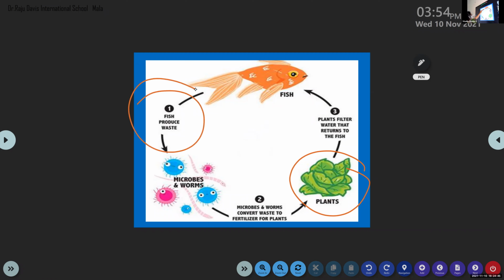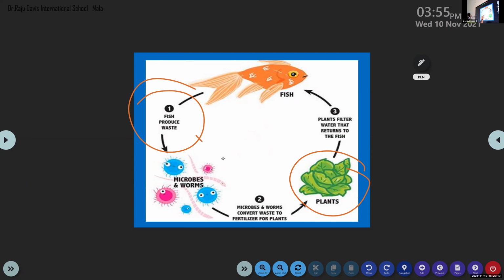The fish produce some waste. Waste means fish also will expel, no? That is why in the aquarium and all, you will see that black color, small dirty things. How does the water become dirty? Because they are expelling the waste from their body. And you know very well, whenever your mother buys the fish, she will clean all the waste products, wash it and cook for you. I put my fish in the well, ma'am.